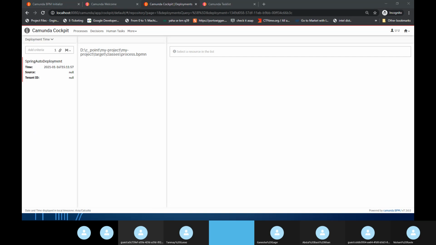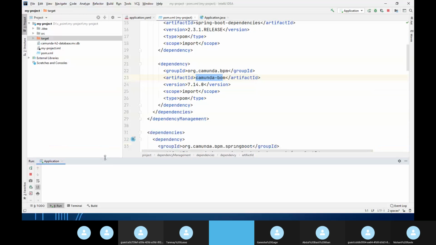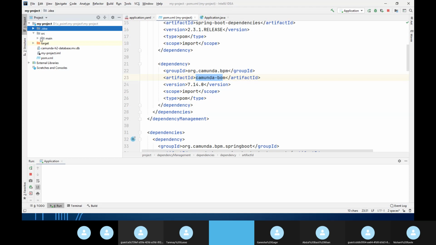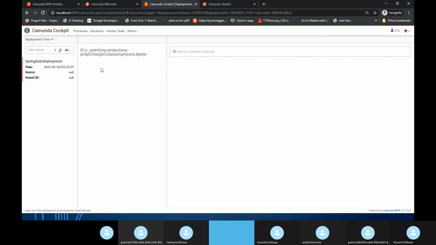Let's open our project called my project. Let's clear everything, we don't need the logs as of now. Here, anything except a .java file will be present in resources. I can see a process BPMN file, which is not Java. The point here is that Camunda is created in such a way that if I want workflows to be deployed whenever the process starts, I can put those workflows here under resources. I hope this makes sense as to why this got deployed.